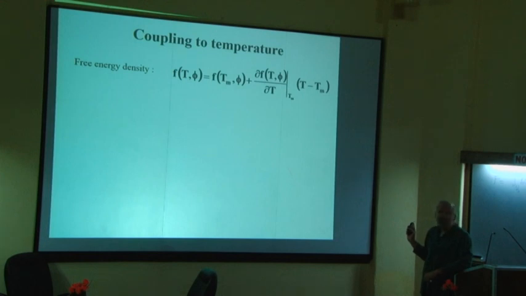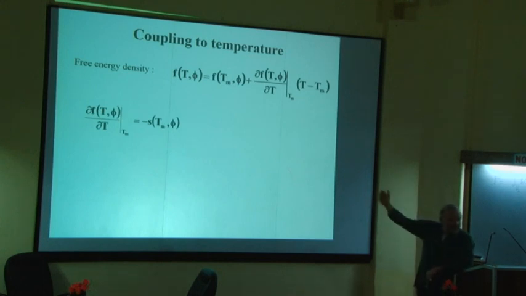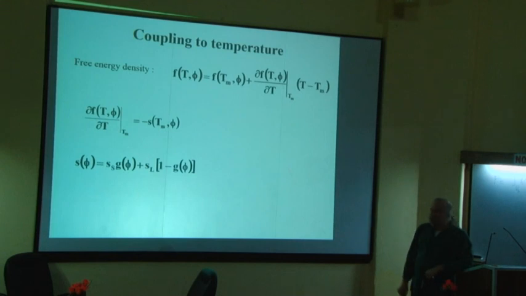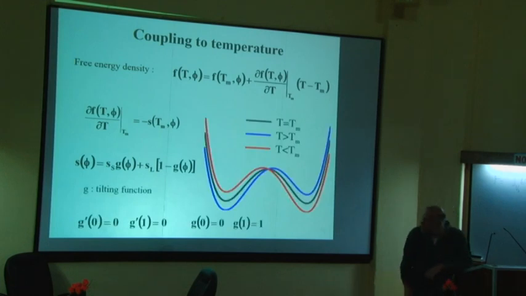Okay? So this is very similar to what we have seen just a while ago in the sharp interface problem, because we know that the derivative of the free energy density is the entropy density. We know that the entropy is different in the solid and in the liquid, so we need to interpolate them somehow. Okay? So I have introduced here an interpolation function g of phi, and the properties of this function is